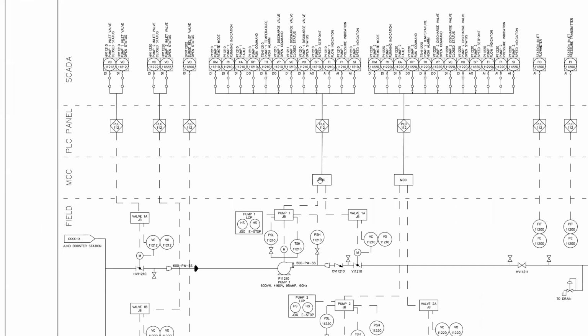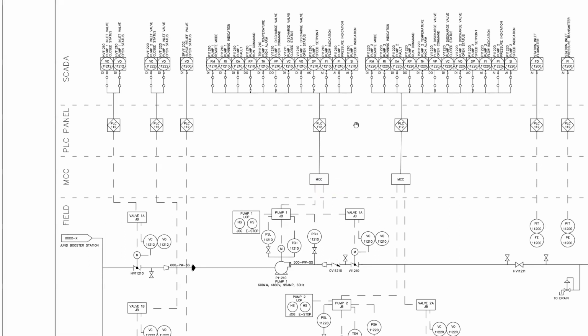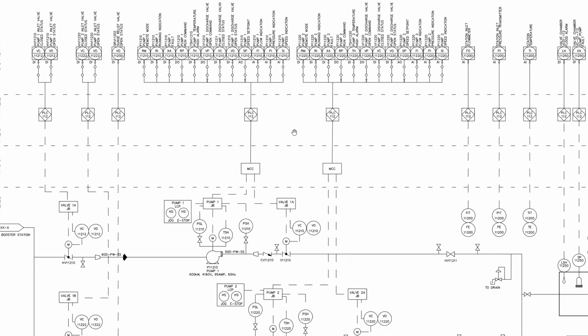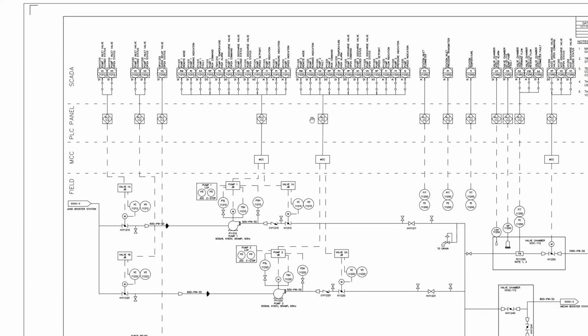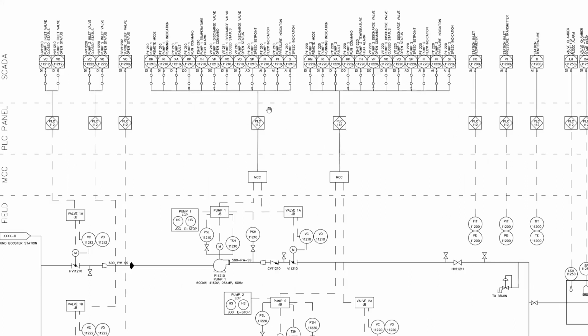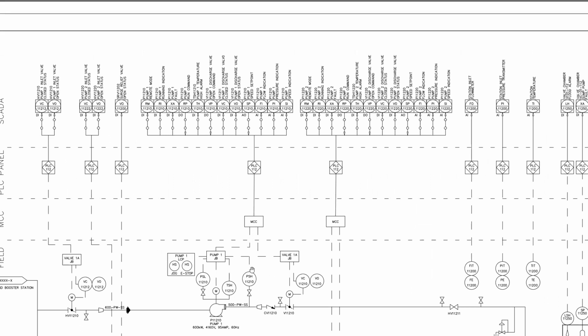And then from the MCC, we have a connection back to PLC 112. This particular P&ID only has one PLC, 112. Normally, when you only have one PLC, you don't say 112 on all of them. You would just say PLC. But you can see here that pump one,